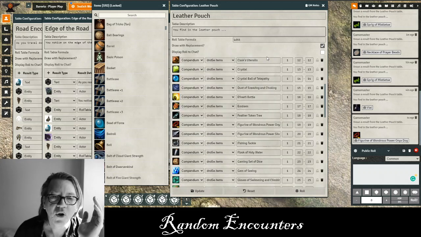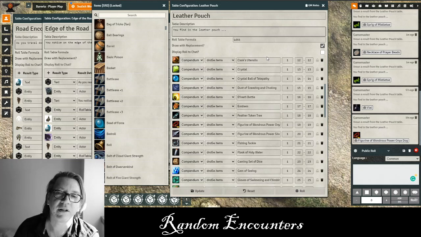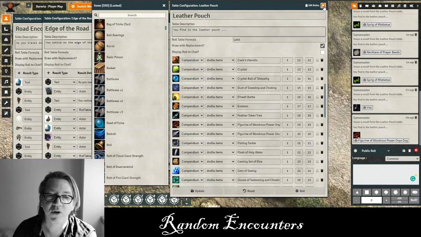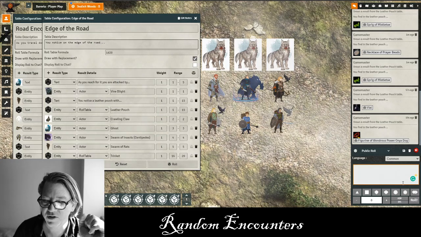So what I like to do is put some kind of magical item, some interesting item that will help your player party in that particular adventure in the leather pouch. Again, it's going to be random. So this table, again, is nested. And I'll just put it on the screen so you can get an idea of the nest, how this whole